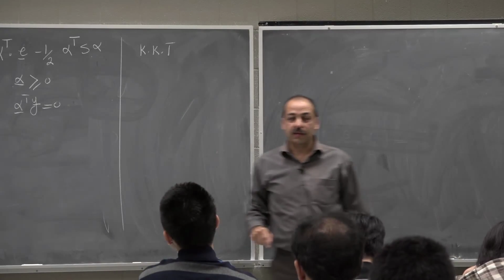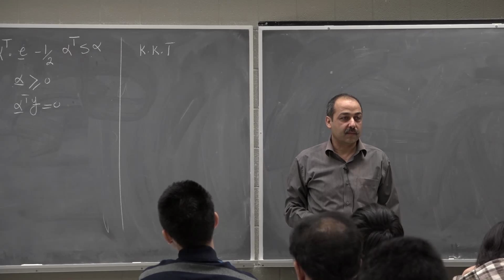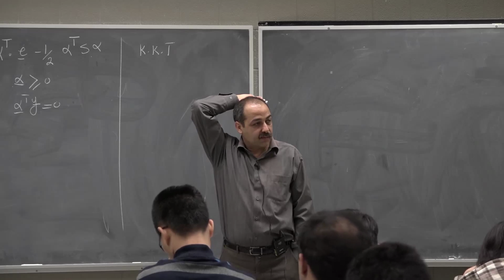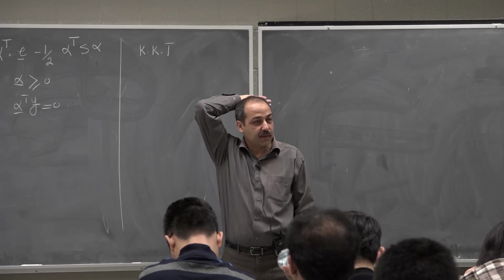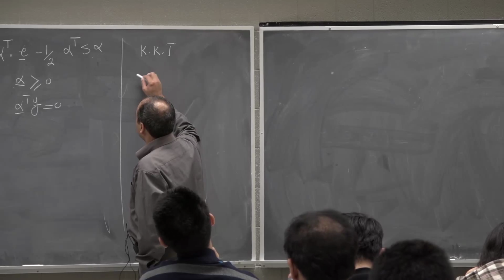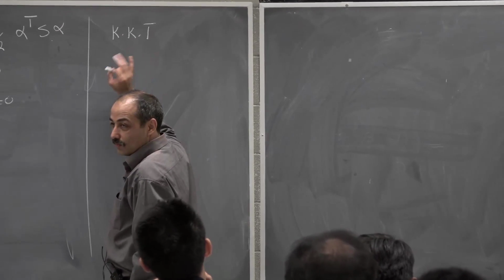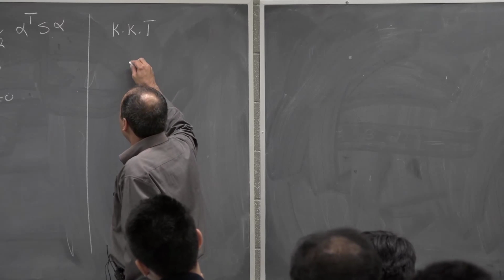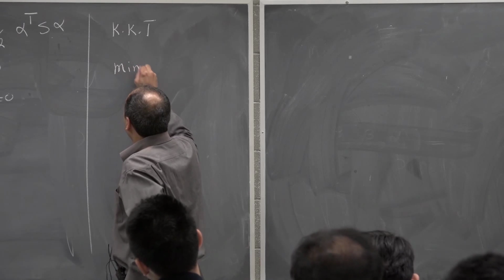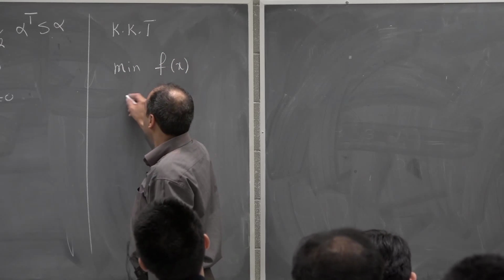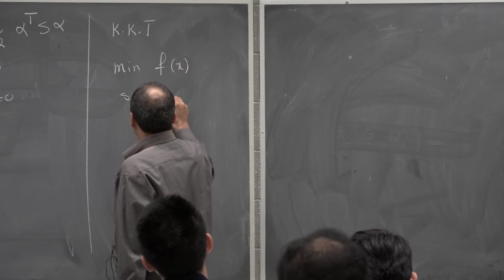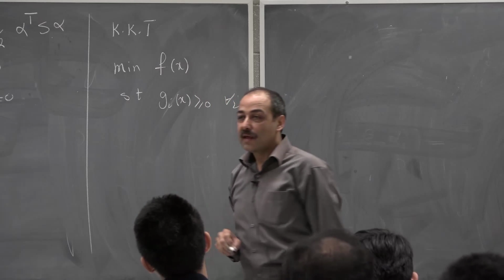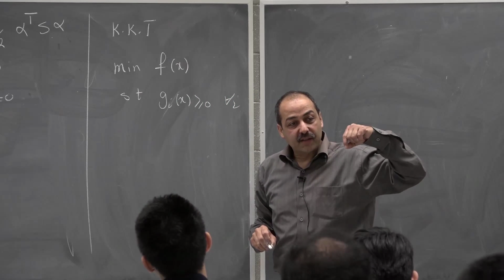In optimization, most of you, I think, are familiar with the KKT conditions from primal, dual, and Lagrange multipliers. Even if you're not familiar, we don't want to use this in detail. The only thing we would like to know is that if you want to minimize a function f(x) subject to the constraint that g_i(x) is greater than or equal to 0 for all i,